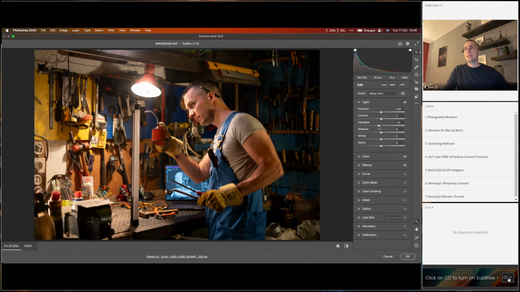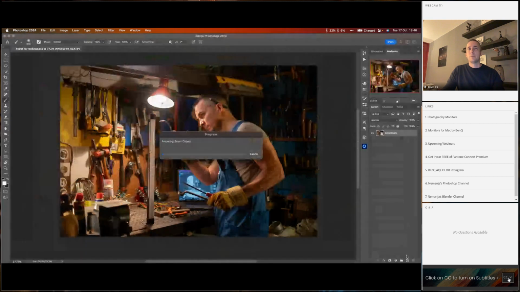And basically what I did here, I just took the highlights a little bit down, because this is too bright for my taste. I just want to see a little bit of detail here. I don't want to go all the way down like this, because it's too much. I want to have some highlights visible there. And I didn't do anything much. The color temperature is custom. As shot, it was a little bit cooler, at 3350. Now it's 3550, so it's a little bit warmer right now. And that's it. I just want to say, okay, go back in Photoshop, and